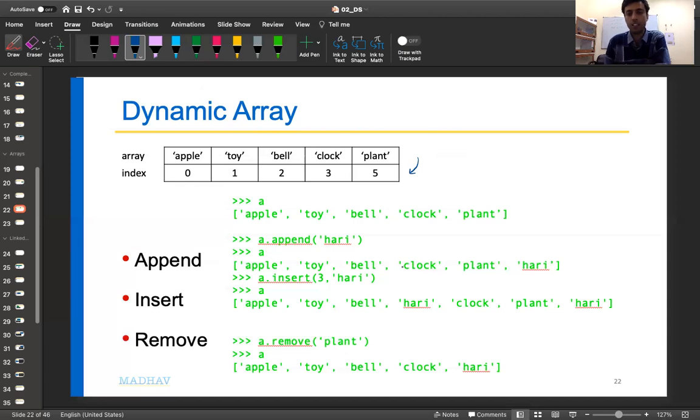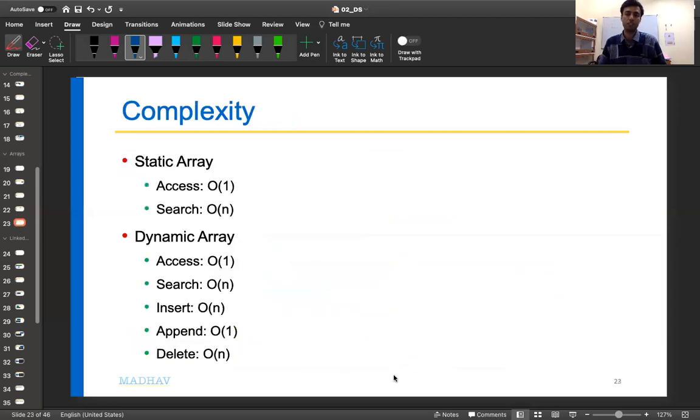Location 3 means it will appear at index 3, and everything else will be moved by one position further. Similarly, I can remove some element. I have to first find out where that element is, and wherever it occurs, I remove it. For example, the plant: I have to first search this one, this one, this one. Finally, I found a plant here, and then I remove it. So these are the operations possible.